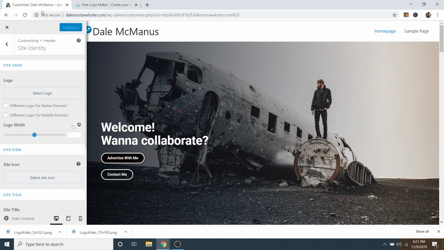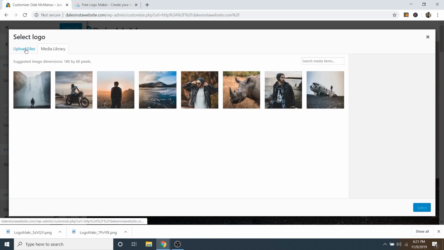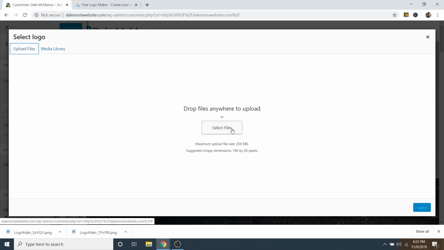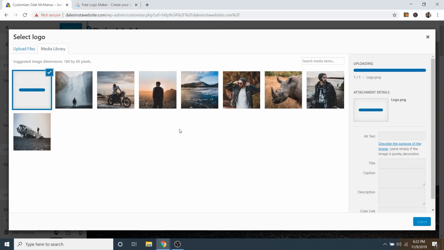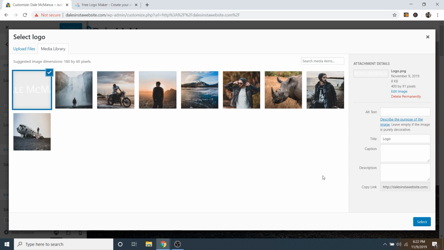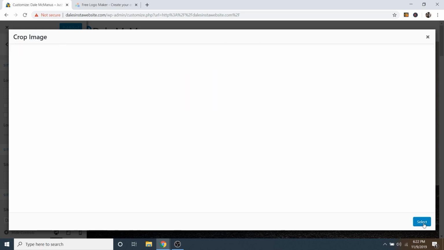Then I'm going to go over to my website, and then just click on select site logo, and then go over to upload files, and then select files. And then you can see I've already got them here. So I've got my favicon and my logo. So for right now, I'm going to grab the logo and then click on open,